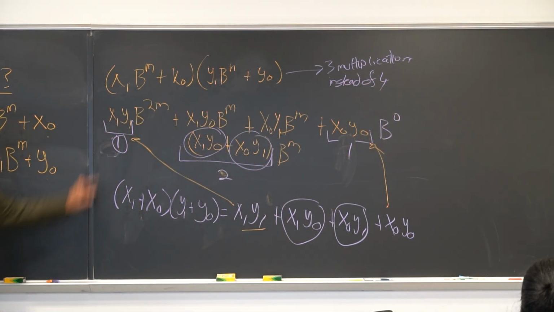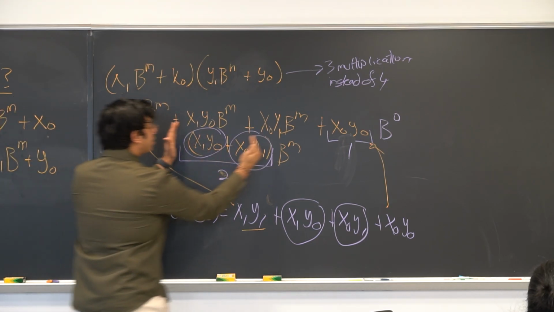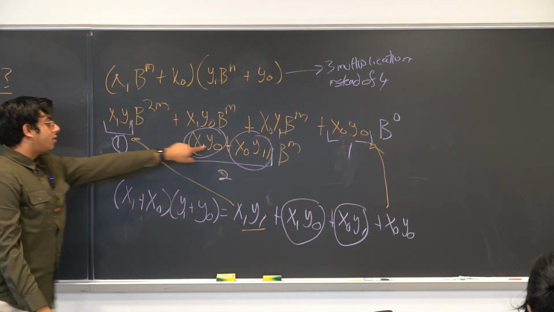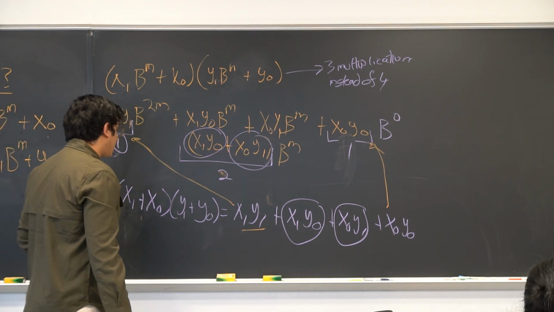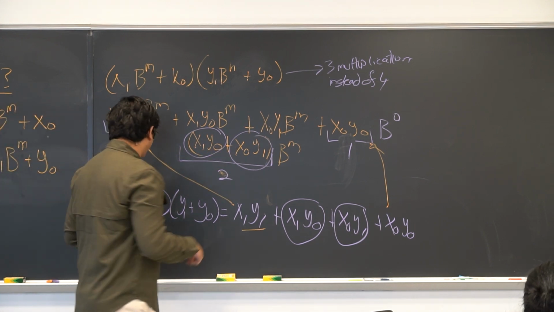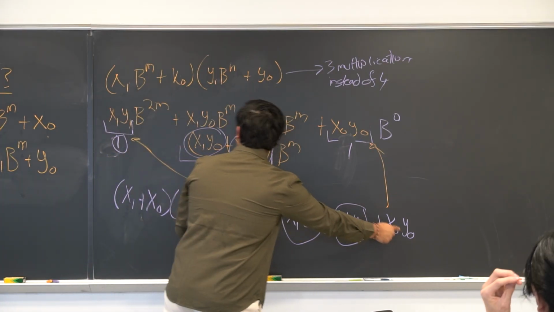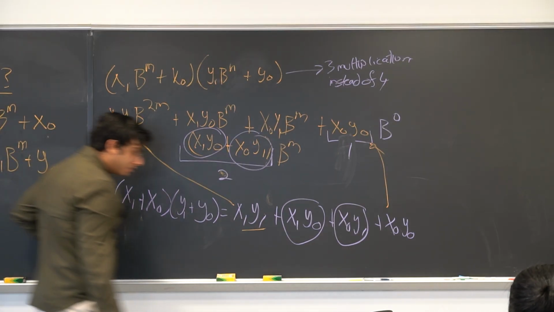So I wanted to multiply two numbers together. I have this coefficient I need, I have this coefficient I need, I have this coefficient I need. Computing this coefficient requires 2 multiplications. I can reduce this to a single multiplication by computing this and subtracting out these two terms that I already computed here. TLDR,